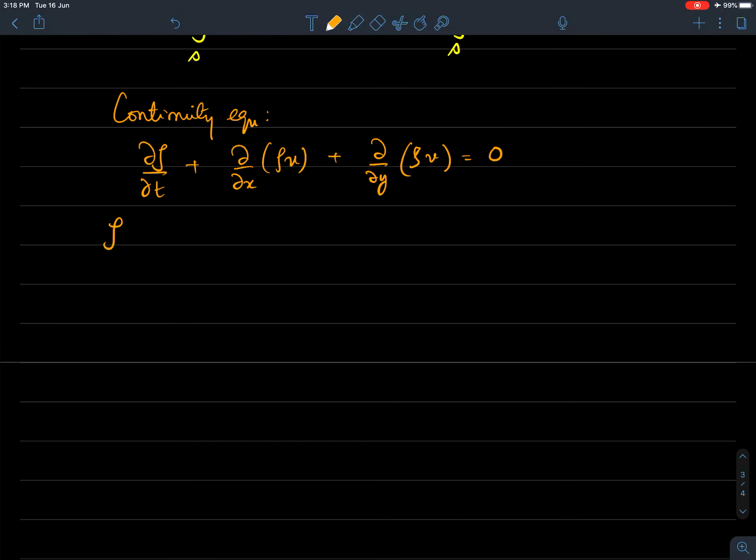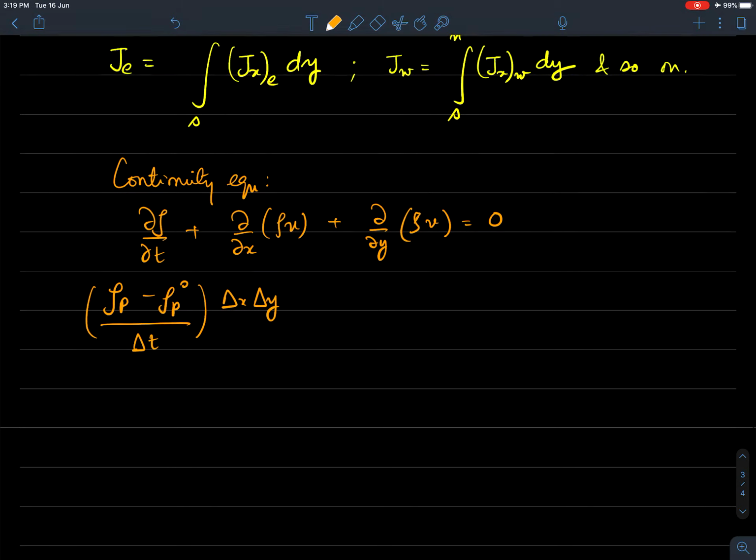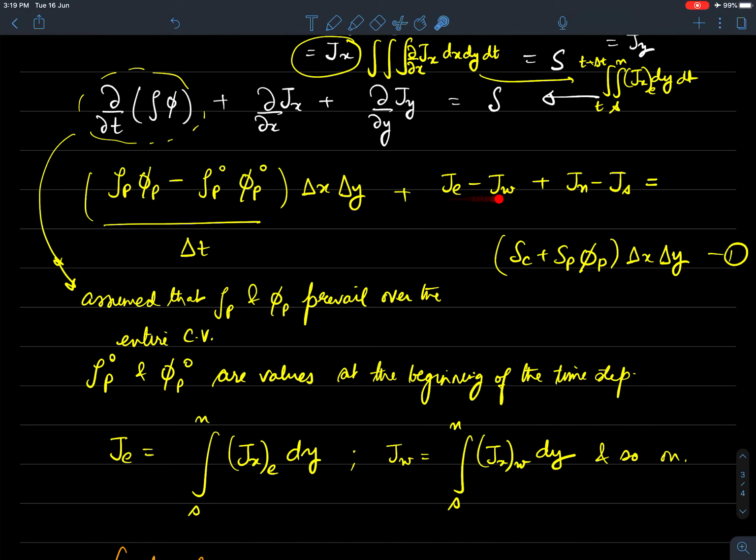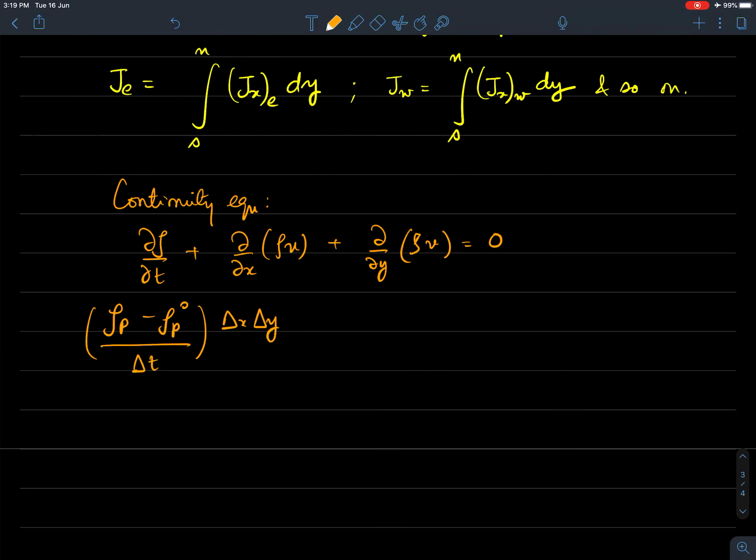What will we get? We'll now get rho P minus rho P naught by delta t, delta x, delta y. By the way, I am writing delta t here in the denominator, but that doesn't mean this integral is actually giving me delta t. Essentially delta t would come in each of the other terms, and when we divide the whole equation by delta t, the delta t would show up in the denominator. The same is true here. When I do the triple integral, the source term will also have a delta t, this will have a delta t, and this will also have a delta t. Just to clarify, I do not want to give the wrong impression here.